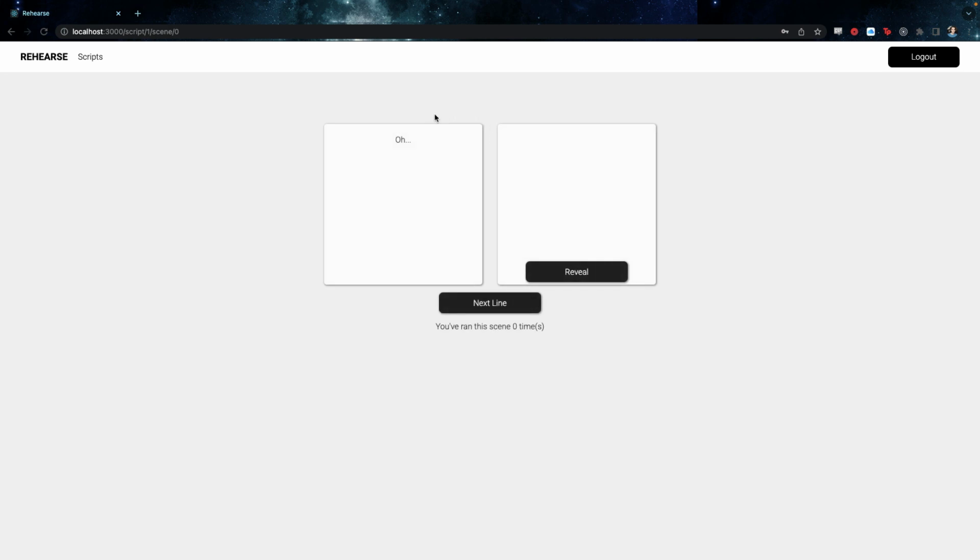You will see this is a cue line right here. This is the line that the other character has, and this is my line on the right. My line is invisible to start, but if I'm not ready to try and perform this memorized, I can hit reveal, and it'll show my line. And then if we hit next line, you'll see the next cue line, and then the next line that I have. And you can keep going